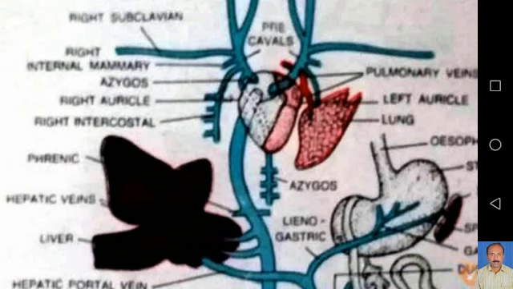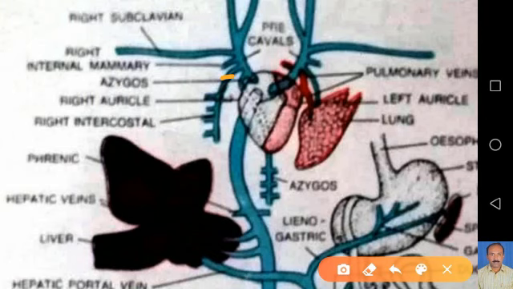Azygous vein. It collects blood from the posterior 8 or 9 ribs on both sides to open into the right precaval. Azygous means not paired. However, on the left side, a few small veins unite to form a hemizygous vein. It is connected with the azygous through a transverse anastomosis in some mammals.